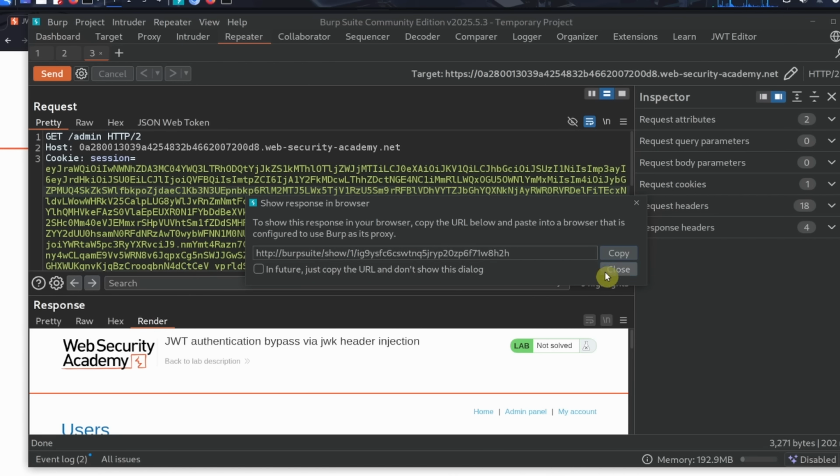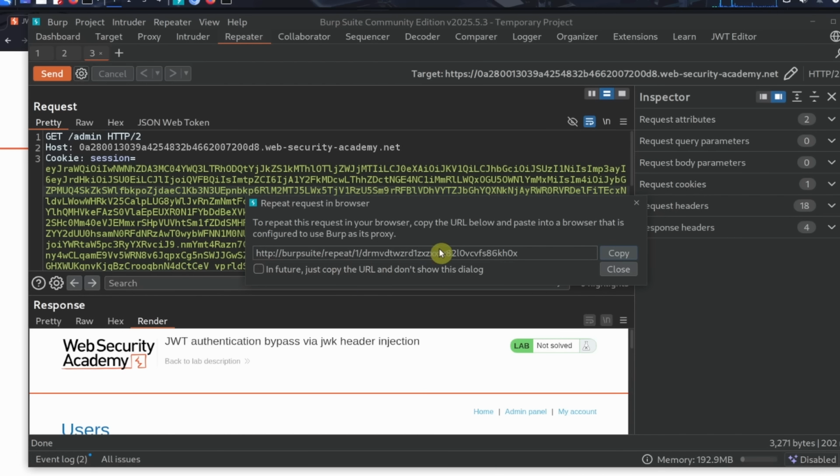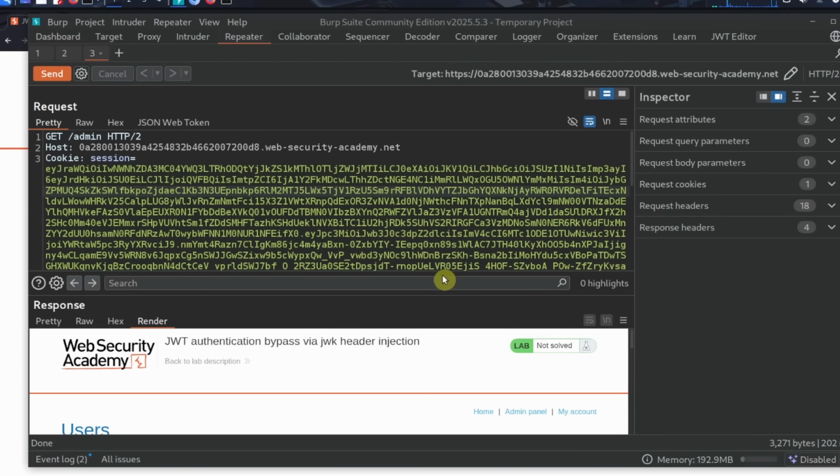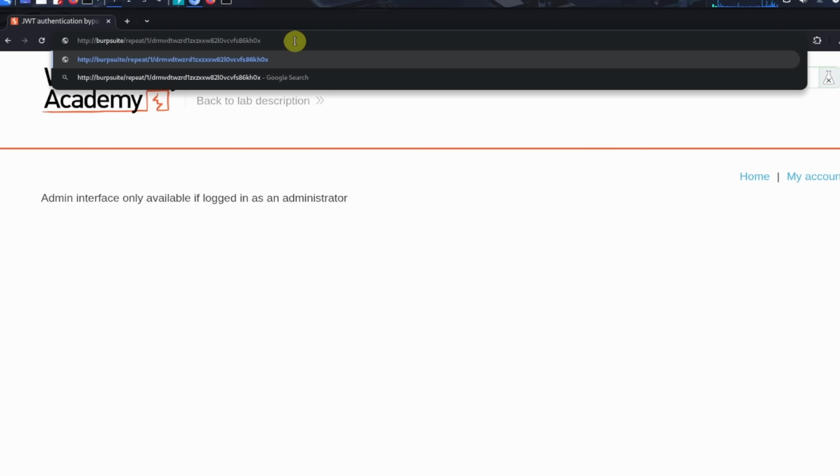So I think what we want to do is request in browser, not show response in browser. We do request in browser in original session. If we use the original session, it's going to use the cookies from this request. So click on request in browser in original session, and then copy the URL. Then go over to your Burp Suite browser, paste in the URL that you received,